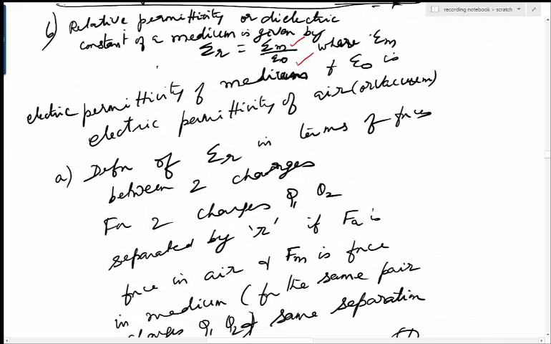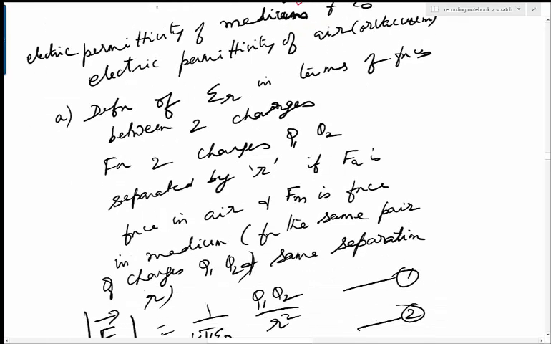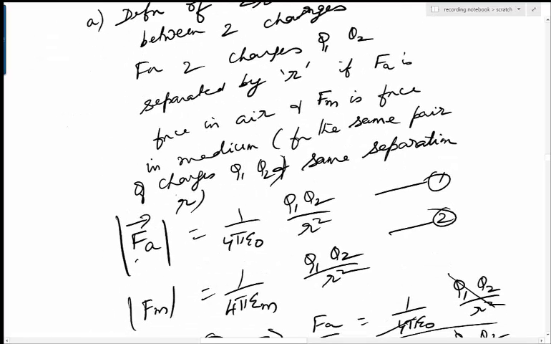So you have got the fundamental definition: epsilon r is epsilon m by epsilon naught. But you have got other definitions also which you have to make a note of, so that will come in handy when you are solving the problem. Definition of epsilon r in terms of forces between two charges. For two charges Q1 and Q2 separated by a distance r, if Fa is the force in air and Fm is the force in the medium, and for the same pair of charges Q1 and Q2 and same separation r,